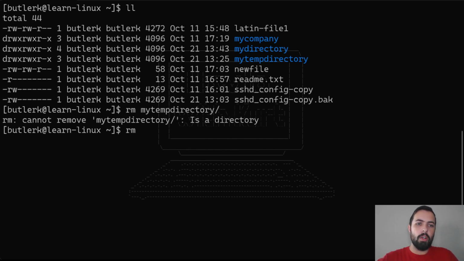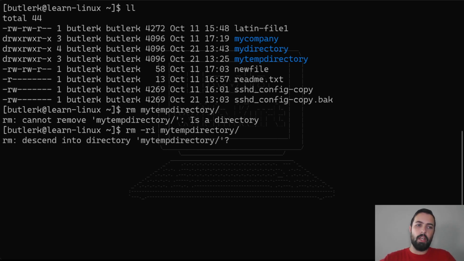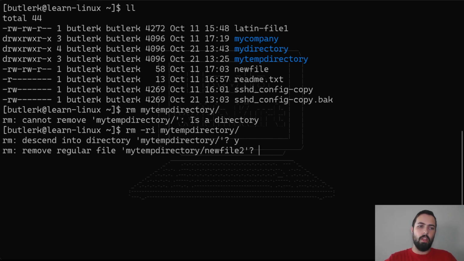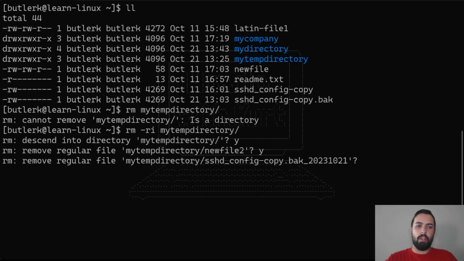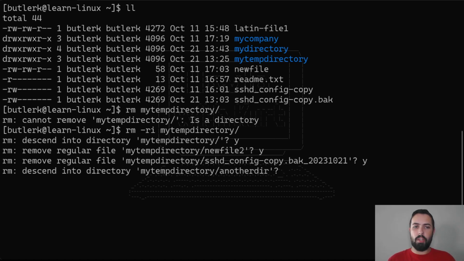So I'm going to do rm, and I'm going to do -r, and in this case I want to include the -i flag with it as well. I'm going to say rm -ri my temp directory, and notice it's saying, okay, do you want to descend into my temp directory? Okay, yes. Do I want to remove this file? I could say yes. Let's delete that file. Do I want to remove this backup file here? Sure. So, in this case, I wanted it to ask me for each one, but I want to